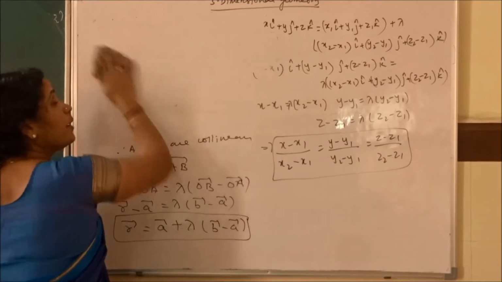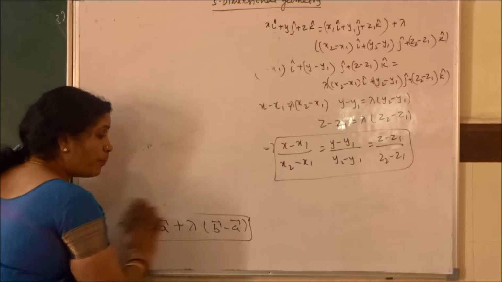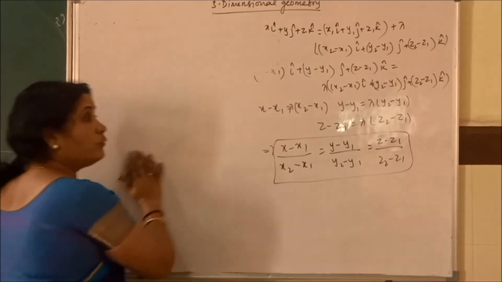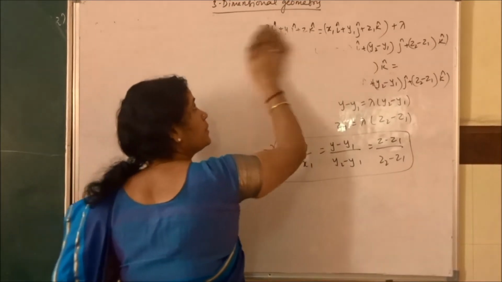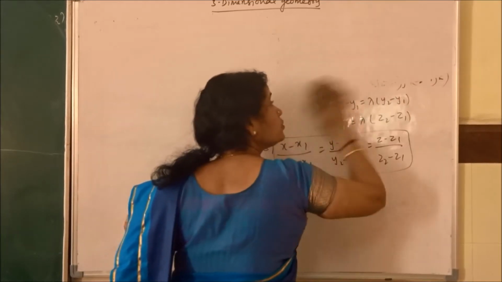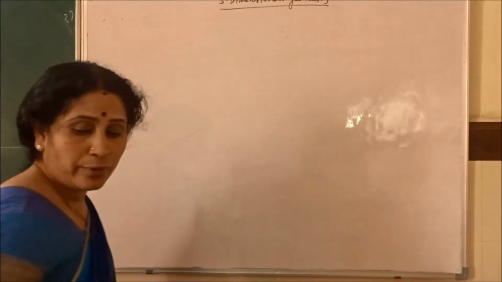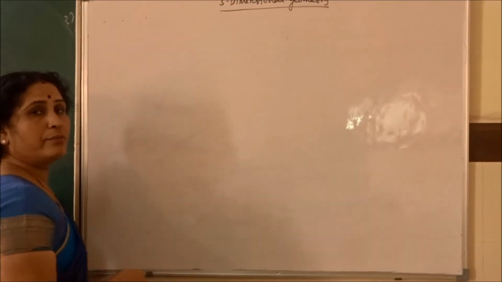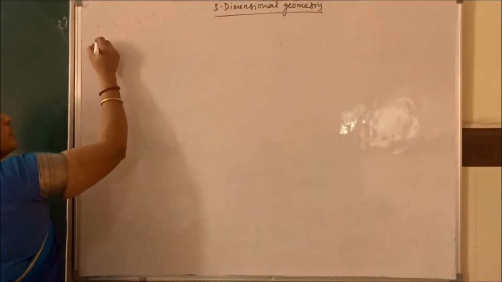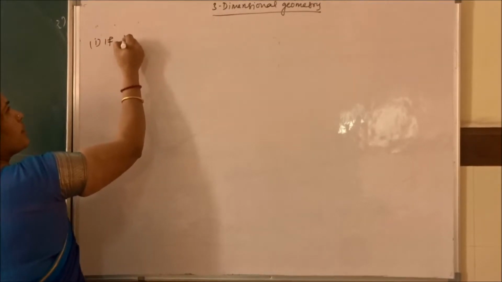See, one thing keep in your mind: if you remember all these formulae and clear this concept, only then can you solve the question that's given. Clear to you? So you have to read the formula and understand the formula. Now, suppose two lines